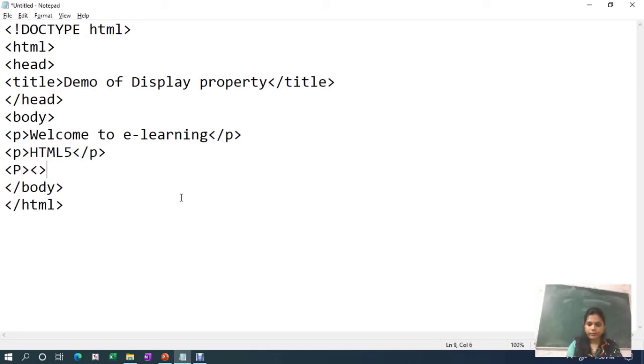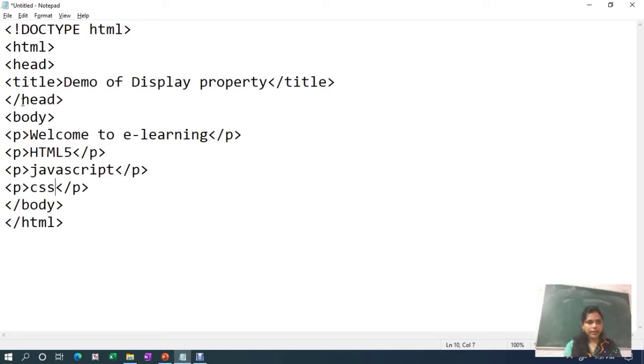Again, JavaScript. Suppose CSS. And now we want a styling for this content written in a p tag.